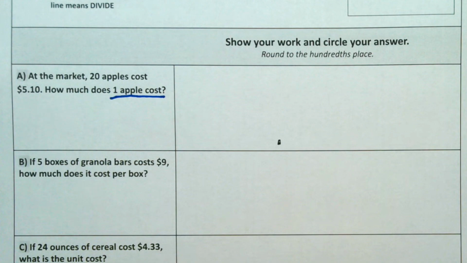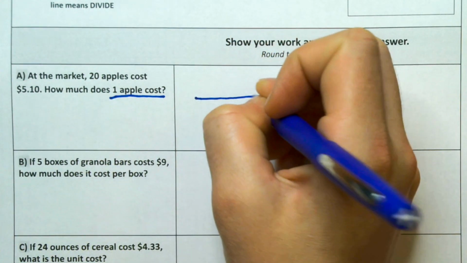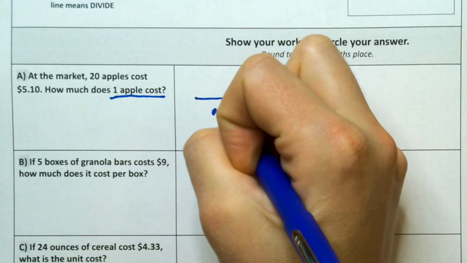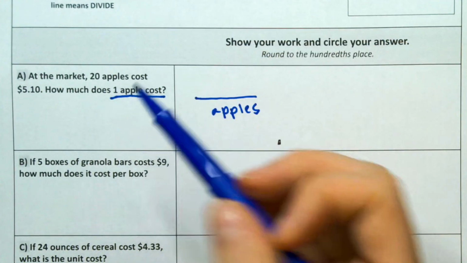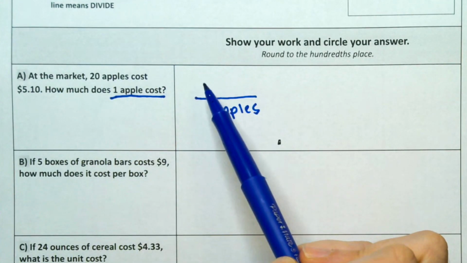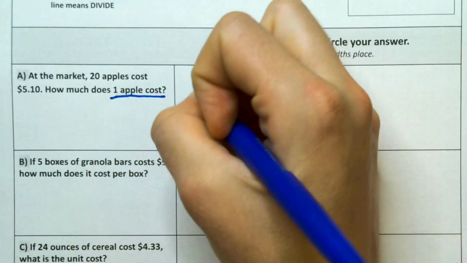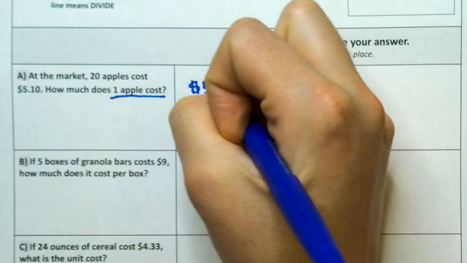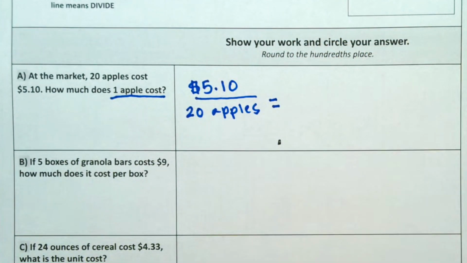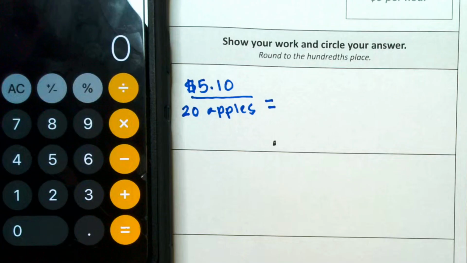Remember, whatever we want one of will always be our denominator when we divide. So in this case, we want 1 apple. So when we divide, apples will be our second number. Also, with unit cost, money will almost always be our first number. So we have $5.10 divided by 20 apples. And when I plug this in my calculator,